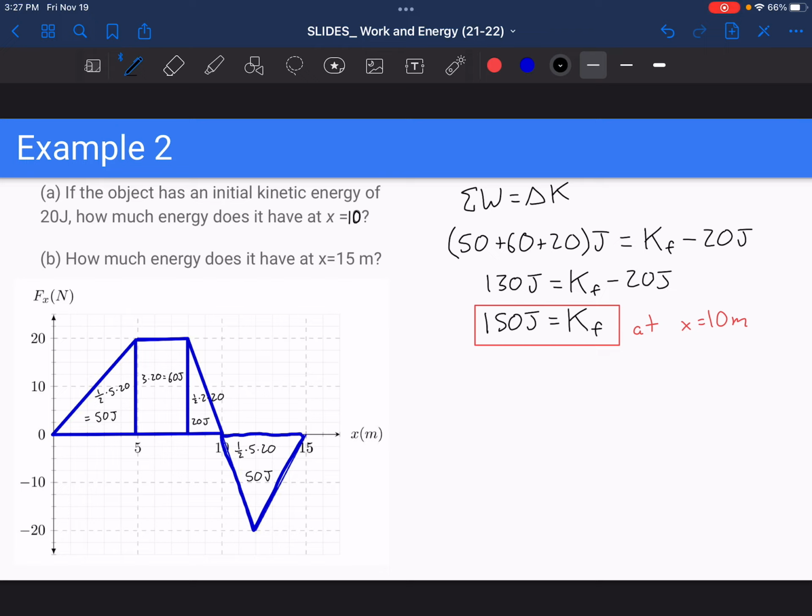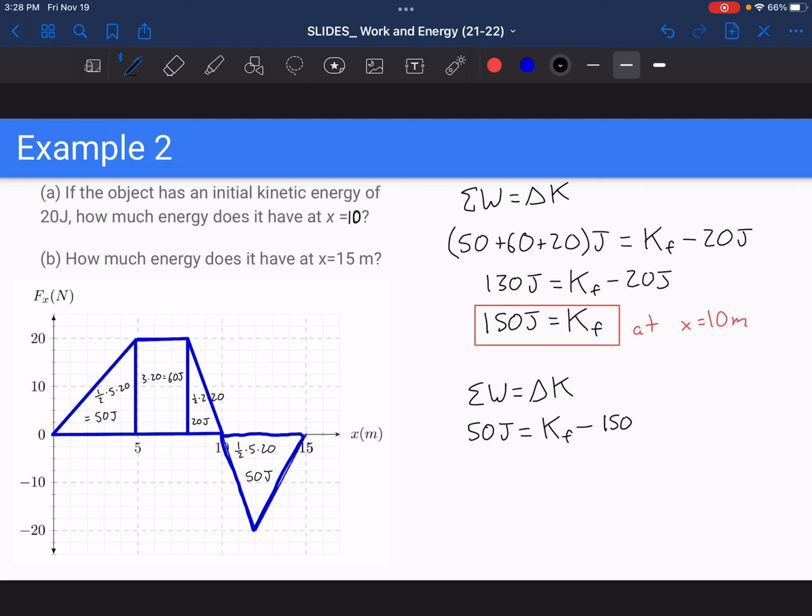So if we want to use the work energy theorem again, let's just think of the energy change from x equals 10 to x equals 15. So over that last interval, we use the work energy principle again. The total work done is equal to delta K. The total work done over that interval is 50 joules. And delta K is K final minus K initial. And K initial is the energy it had at 10. We're looking at this interval now. So we have